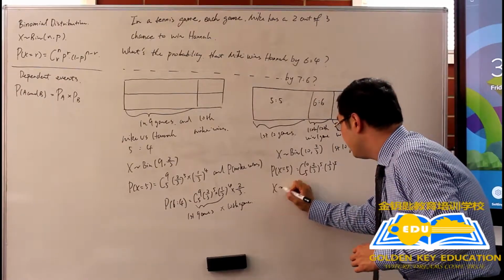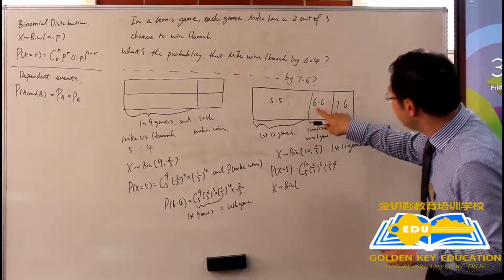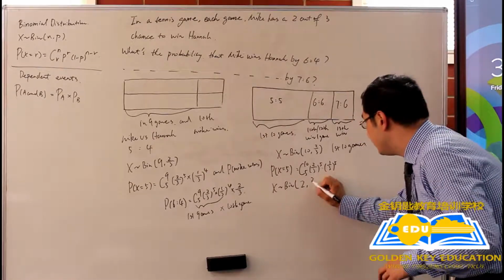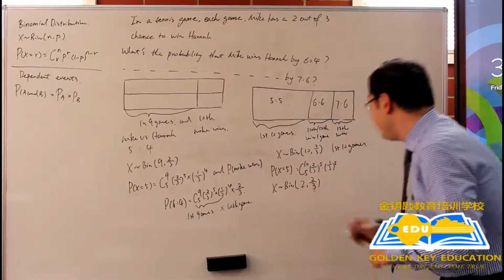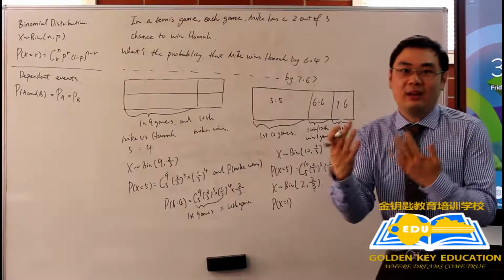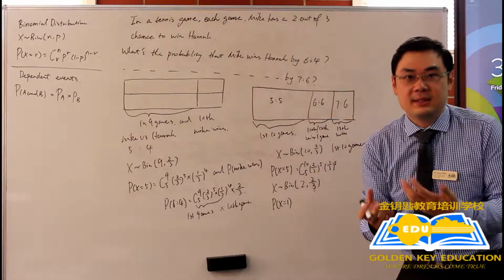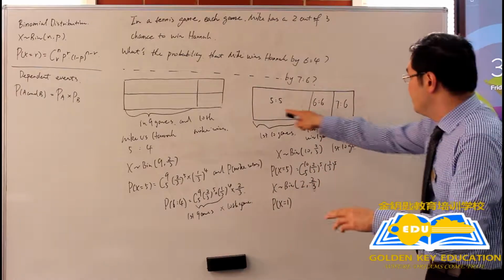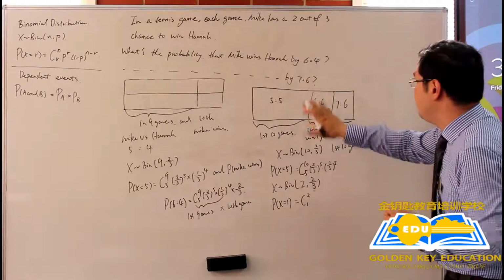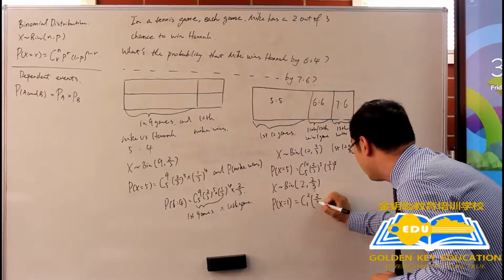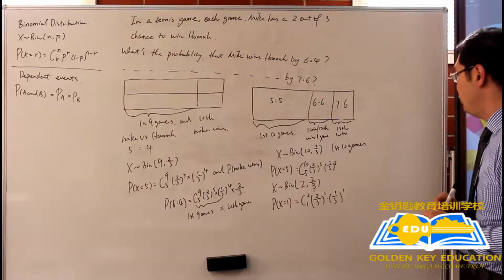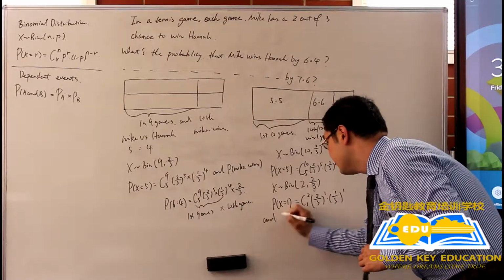And then secondly, I'm going to use the same binomial distribution, but I'm just looking at the 11th and 12th games. So there are only 2 games. I'm going to play 2 games, and the chance is the same, 2 out of 3. So I'm going to look at the probability for me to win just 1 game. It doesn't really matter whether I win the 11th game or the 12th game, as long as I win one of them. This will be a tied score anyway. So I'm going to choose 1 from the 2 games, either the first or the second, and 2 out of 3 to the power of 1 times 1 out of 3 to the power of 1. So win 1 game and lose 1 game. And of course, the 13th game,